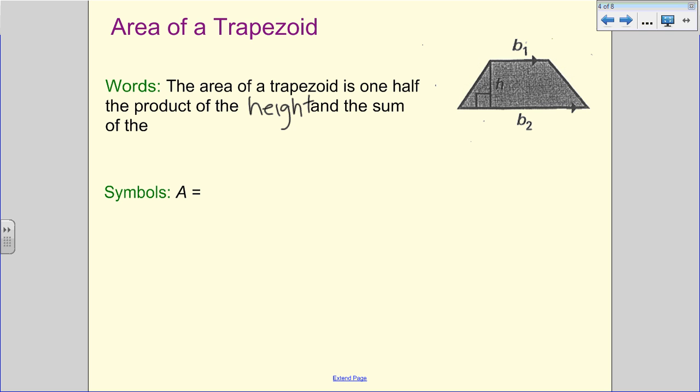So that's why it was so important for us to be able to identify height, and the sum of the bases. And so now that we've done some of that algebra and area worksheet, we should recognize this formula. Symbolically, it's going to be 1/2 times the height, and the height is multiplied by the sum of base 1 and base 2. So we're going to have a little bit of order of operations that we have to do here in order to get our